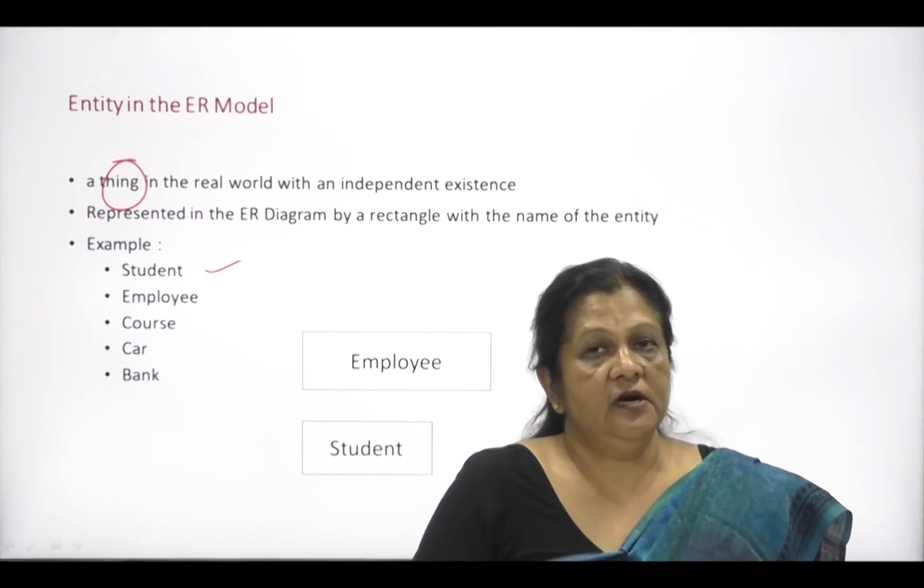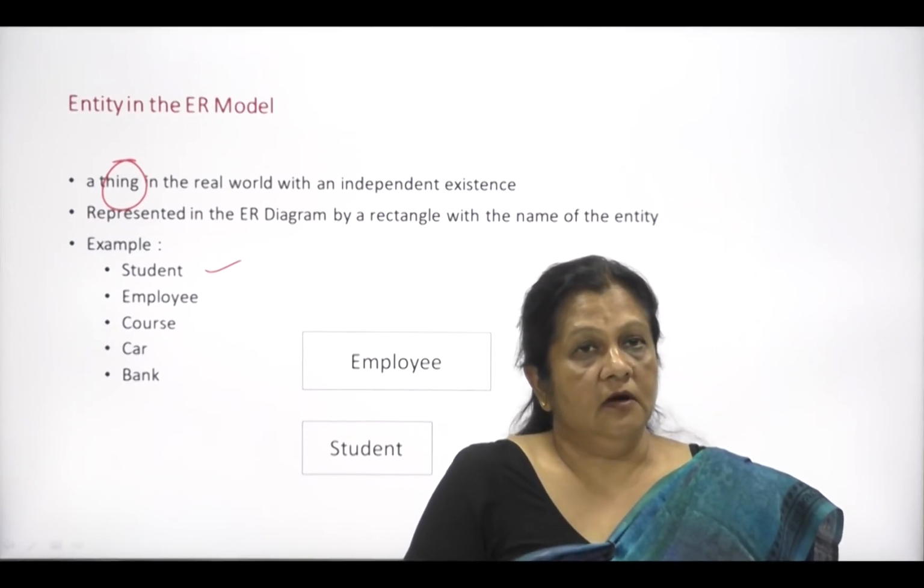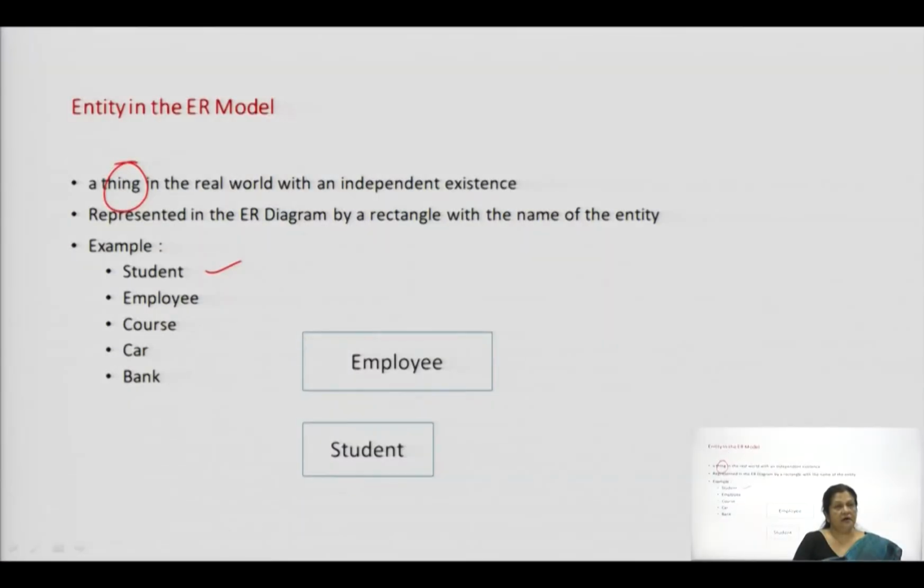We have a mini world which consists of the college. So, I can say a student is an entity there, a faculty is an entity there, a classroom is an entity in the college. Anything that exists in the mini world or the real world is called an entity,